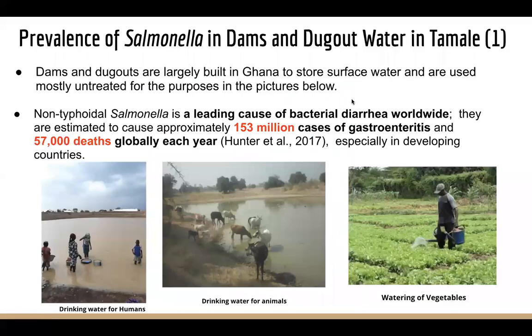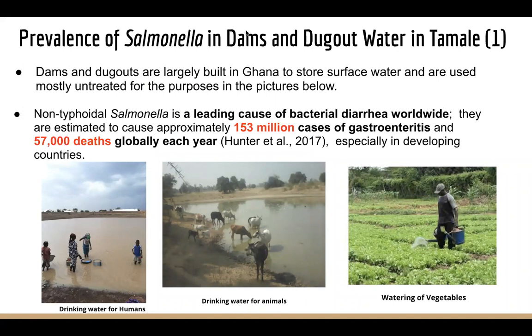environmental samples. One of the first ones I'll be talking about is the prevalence of salmonella in dams and dugouts in Tamale. You know, dams and dugouts are largely built in Ghana to store surface water, and they are mostly untreated and also used for several things